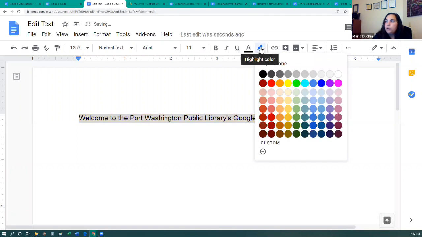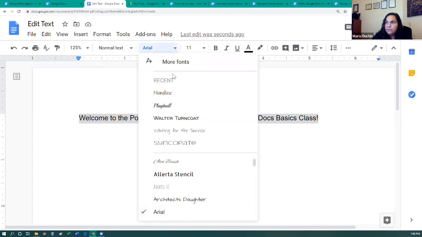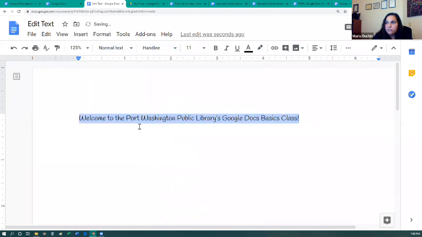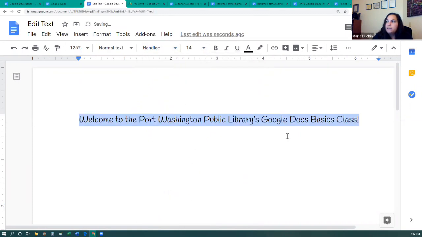To unhighlight, you would go from highlight to none and get rid of that. We can also change the fonts if we'd like. Say we want just a fancy font, we can just go to the drop down and choose a font that we like. You can go to more fonts and download ones that you particularly like. You can also change your font size. If you wanted to,